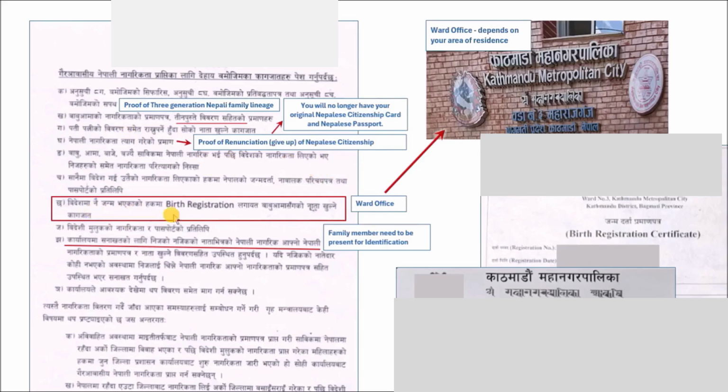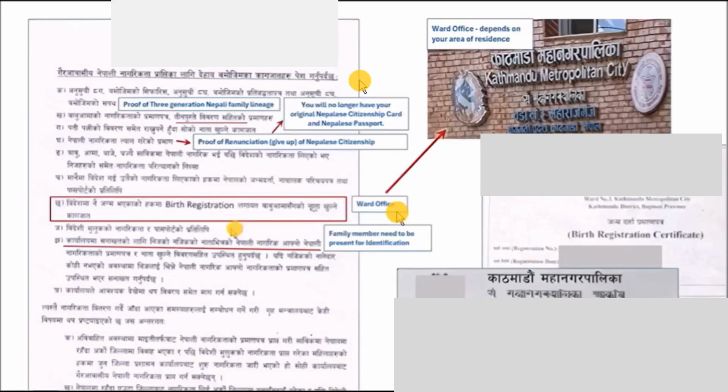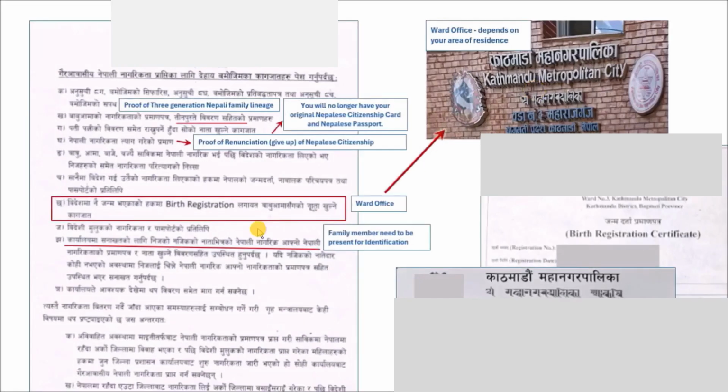There are also other requirements that you have to take a look at, such as birth registration and relationship documents, Nata Khulne Kagzat. These are especially important for the applicants who are born outside Nepal and who may not have Nepalese citizenship. They have to show evidence of their family connections, their parents, grandparents in Nepal. So if you are also applying for NRN citizenship for your foreign-born children who are 16 years or older, if they don't have Nepalese citizenship, you may have to apply for these documents.